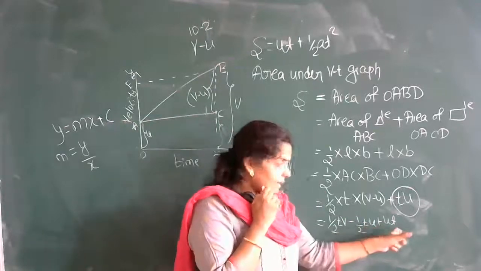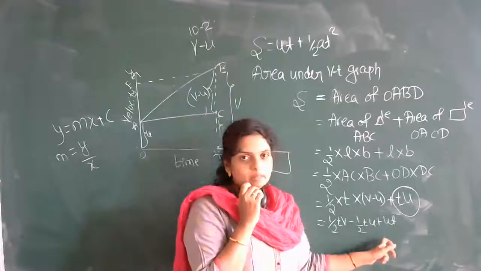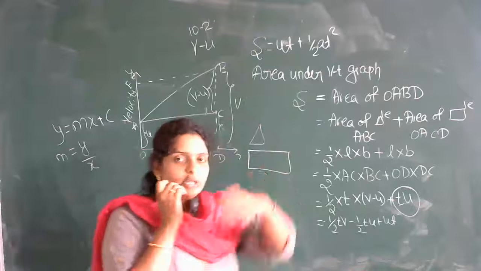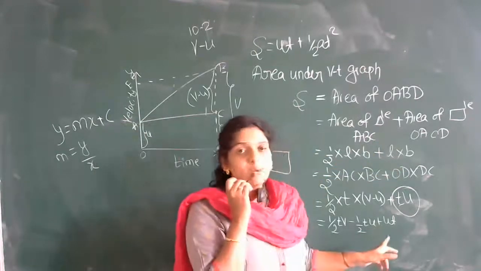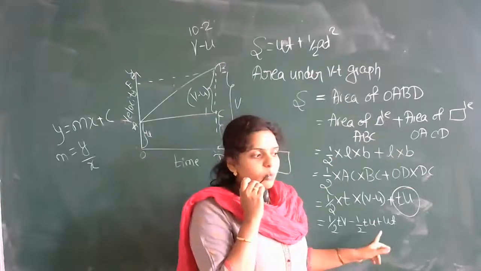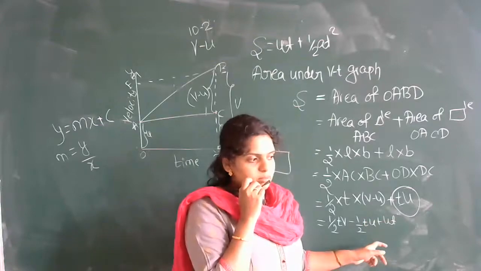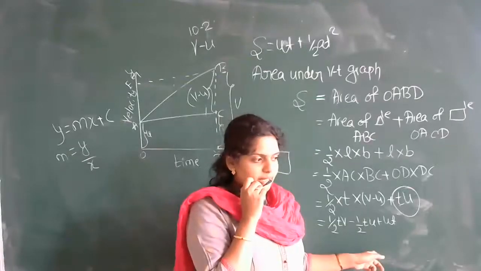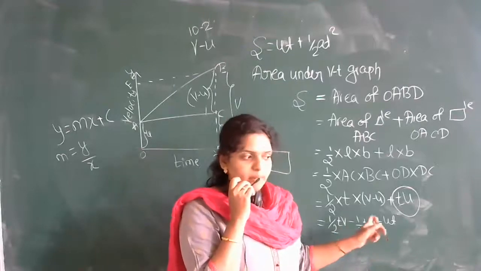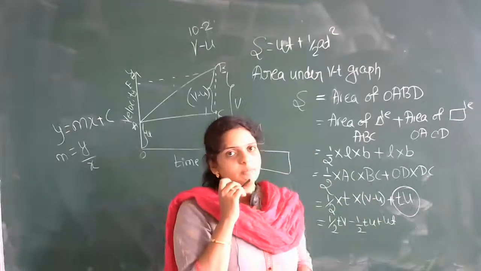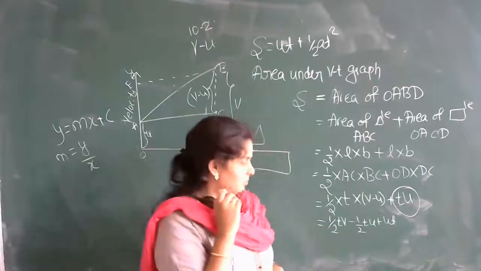Simplify this. From the second and third term, take out ut common. Take ut common outside. What do you get in the bracket? 1 minus 1 by 2. You will get in the bracket 1 minus 1 by 2. Am I right, students? Is it right? In the bracket, after taking ut common, you will get 1 minus 1 by 2. What is 1 minus half? That is nothing but half only.